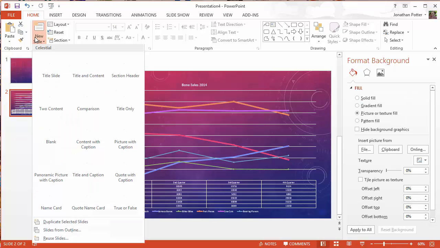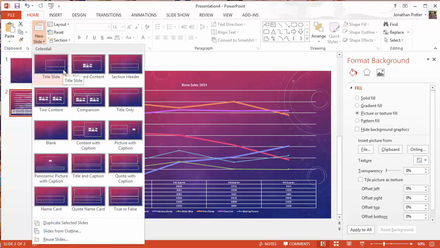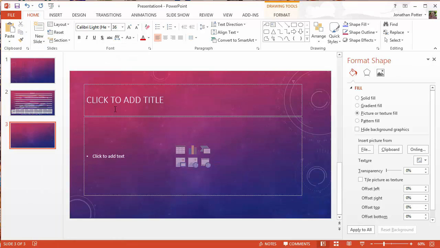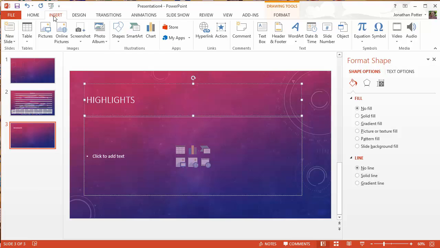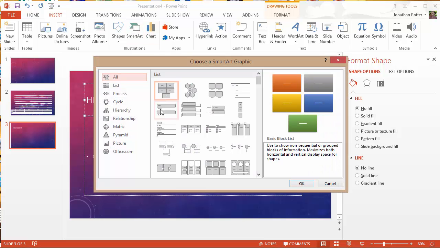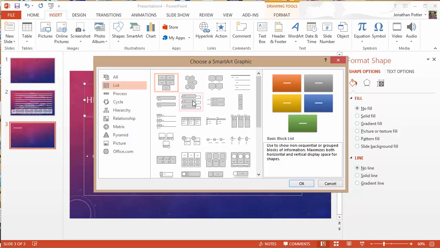I'm going to go ahead and insert a new slide, and we're going to make this a title and content slide. My title here is going to be highlights. And I'm trying to watch the time and keep the video short. So we're going to do some smart art. Smart art is probably the coolest thing in the coolest program of Microsoft Office. We're going to play with some very fun stuff today. So we're going to go into smart art, and we're going to start out with something pretty basic. We're going to go, I think it's a list,